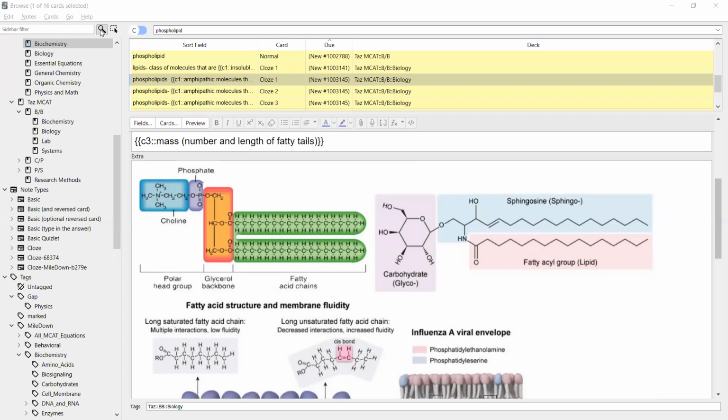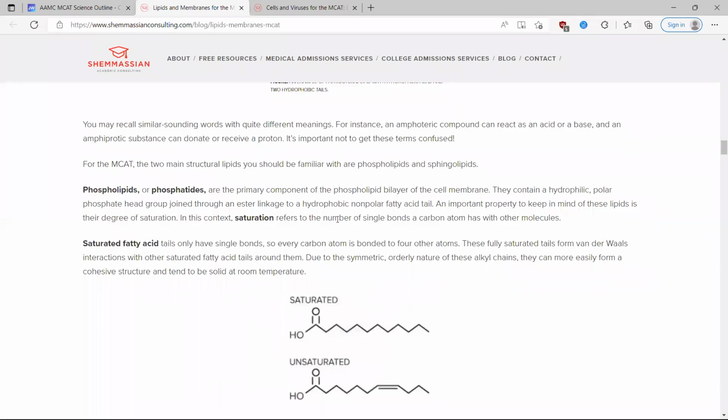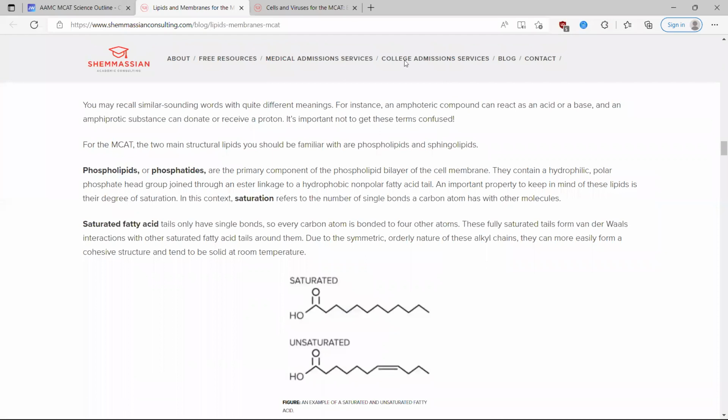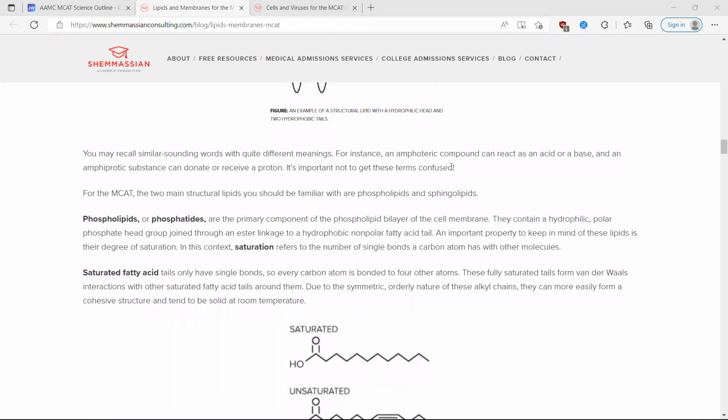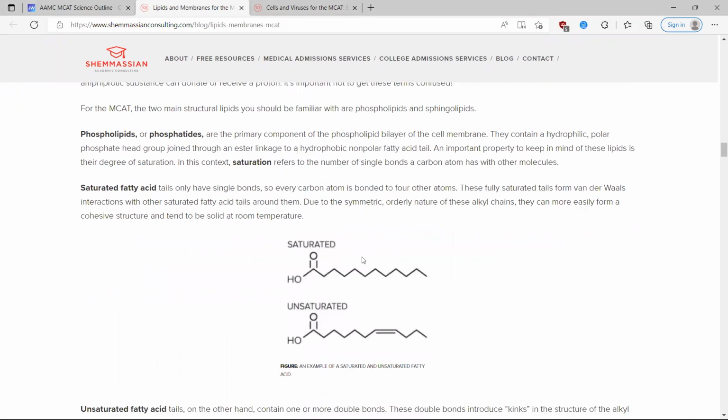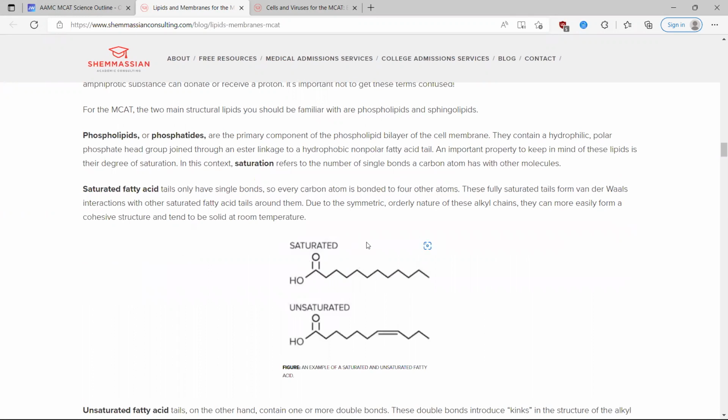Okay, so now I think we're going to talk a little bit about membrane fluidity, right? Again, we're always talking about structure and function. Oh, degree of saturation. Yes. Okay. So when we're talking about saturation, we're talking about how much hydrogen this carbon chain is saturated